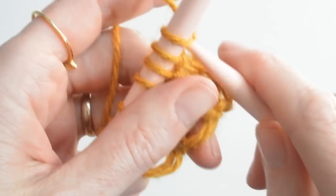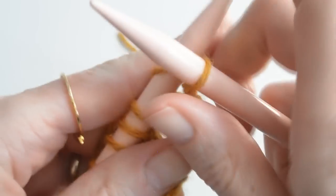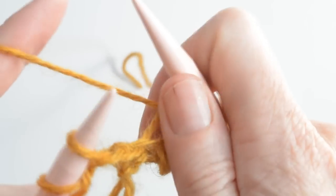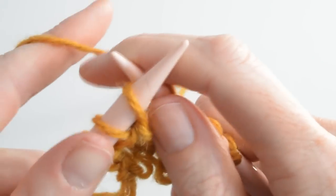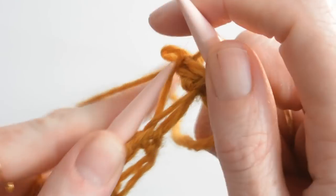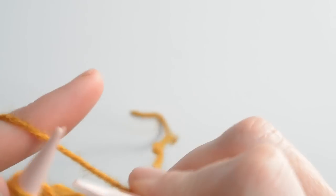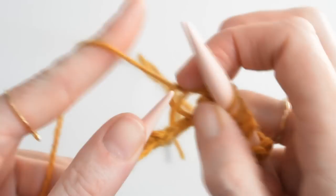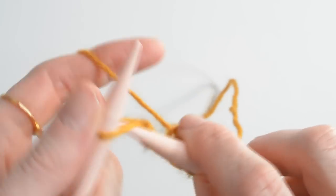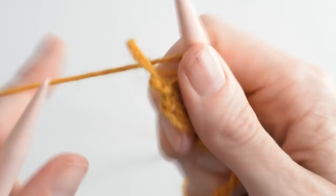And for row 4, you're going to knit the first 2 stitches, then we start our yarn overs and knit 2 together, yarn over, knit 2 together, and you do that all the way across the row, and then at the very end of the row you'll have 1 stitch left. Just knit that stitch,